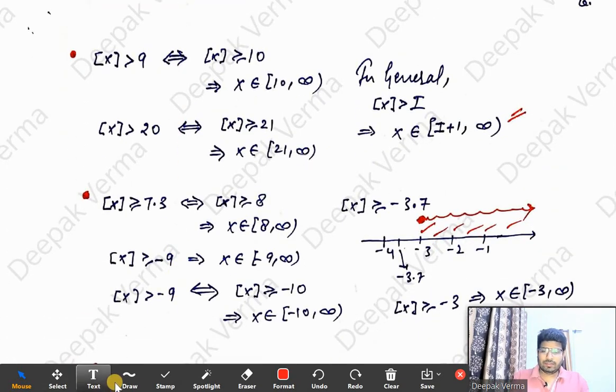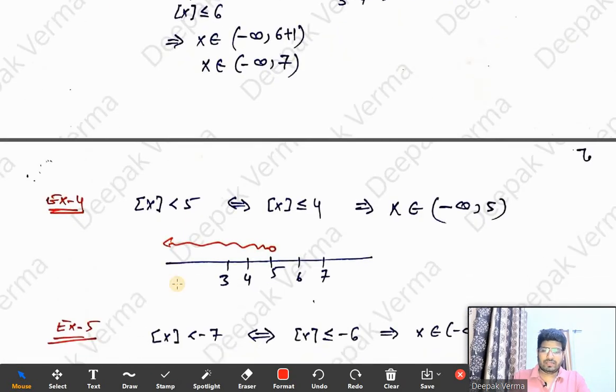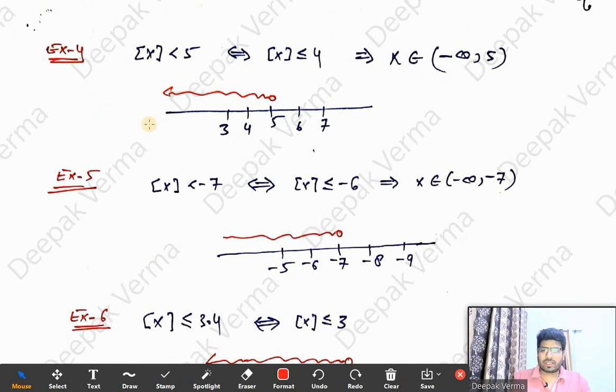Now if we have box x greater than 9, this one we have already done, I think. Yes, we have done this. Move ahead. This one we have done. Okay. Now